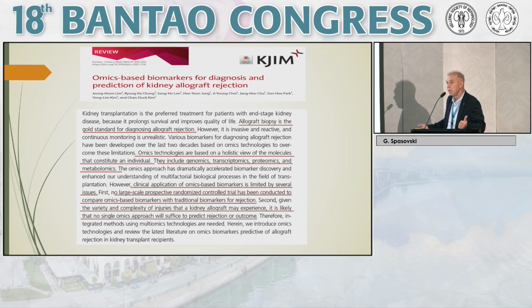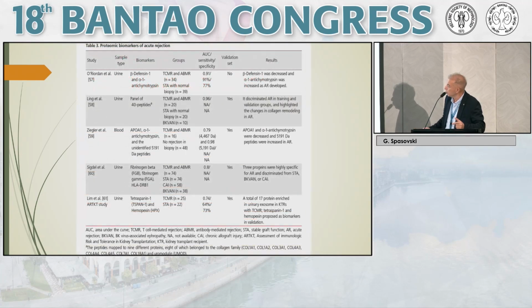We can have tubular atrophy and interstitial fibrosis caused eventually by CNI toxicity or any other drug kidney toxicity. We can have rejection, which is mainly based on damage of the glomerulus, etc. And as is written here, it is a complex issue, and we cannot have all omics in one in order to proceed in a good way for the diagnosis.